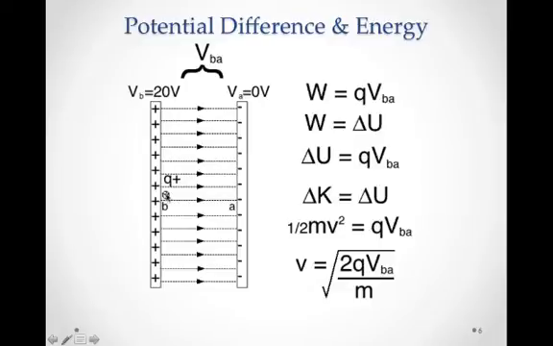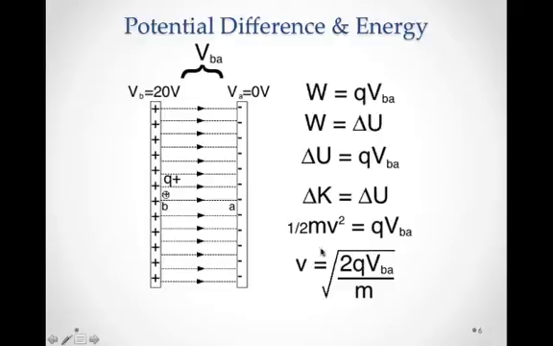So the amount of kinetic energy that it would gain as it moved across would be equal to the potential energy. So this kind of a system is just like a mechanical system where we lift a rock and do work and give it potential energy, and then we let it fall, and all that potential energy turns back into kinetic energy. So the kinetic energy that the charged object would have here would be equal to 1/2 mv squared, and all of that would be equivalent to the original work that we did, Q times the potential